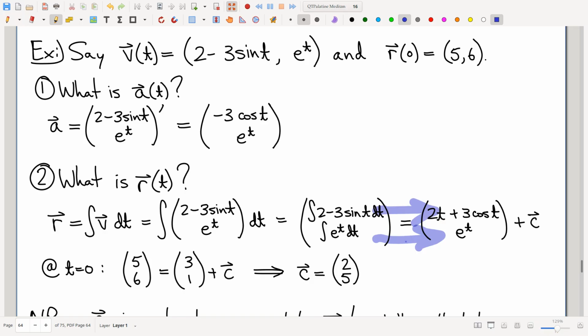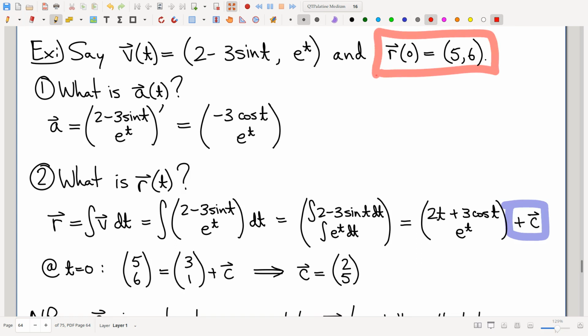Okay, and then let's not forget, of course, when you take antiderivatives, don't forget your plus C. Now, here's where a lot of students mess up. A lot of students crash and burn. What's the plus C? Oh, hey, wait a minute, check it out. We were told an initial position, an initial value. A lot of students mistakenly think that the initial condition is the constant, and that is nonsense.